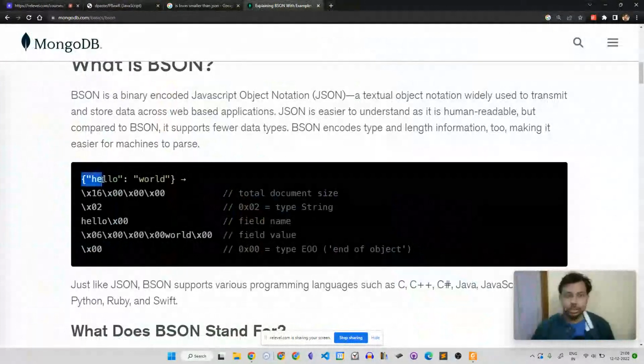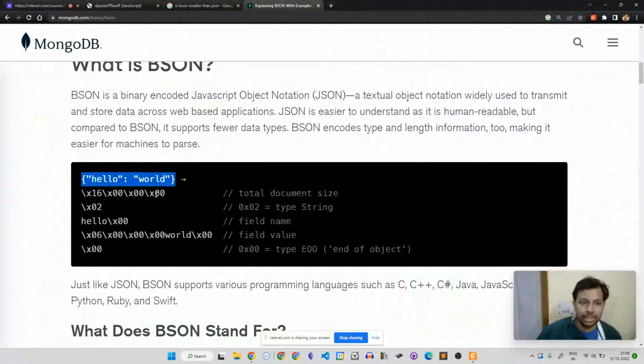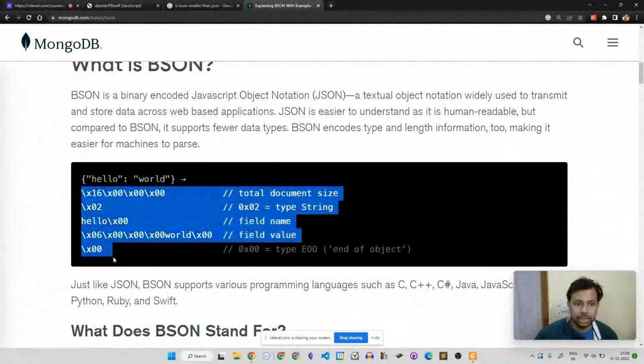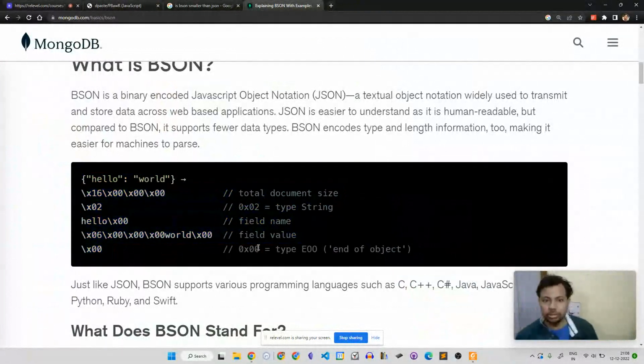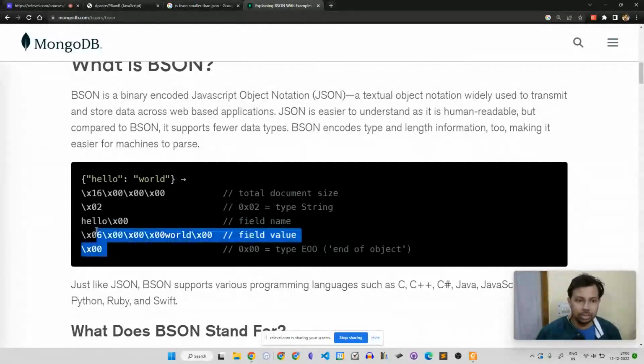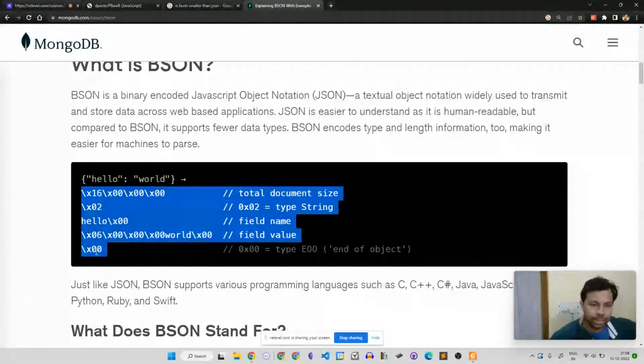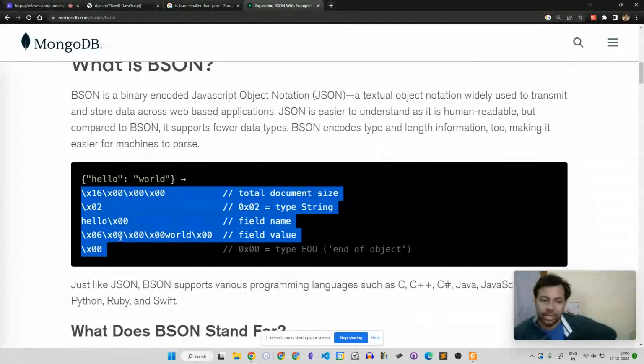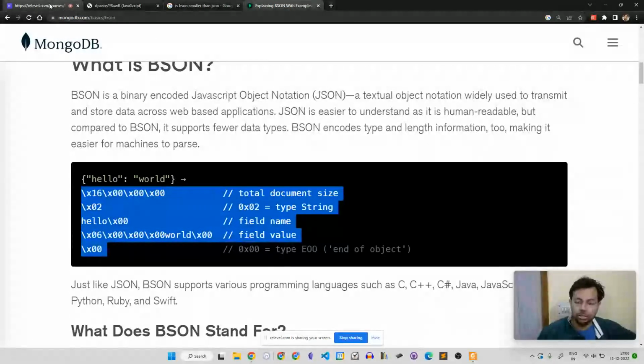So this is an example of a BSON file. Hello world in JSON gets converted into these digits. Ignore these comments right now, these comments are not required. But this text here is what will be the binary notation in case of a BSON file.